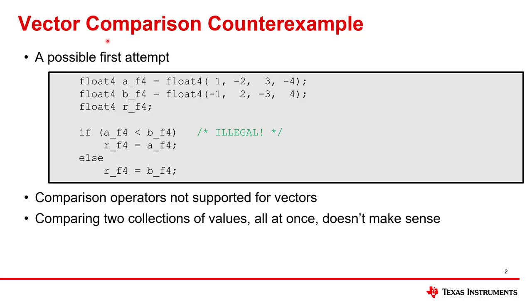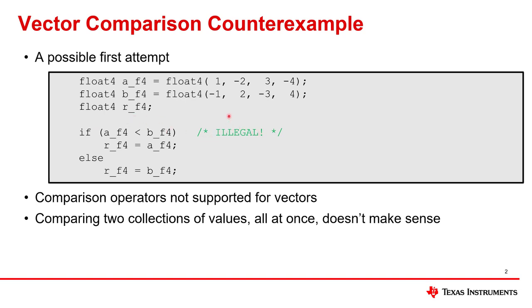This video opens with a counterexample of vector comparison, and it makes some intuitive sense that you might think a vector comparison like this would work. After all, you can do a similar thing with addition and subtraction and so on and so forth. So let's consider it. We have two vectors of floating point, A and B, initialized to some values, and a result that we're computing something into, doing a comparison here. It turns out you get a build time error when you try this.